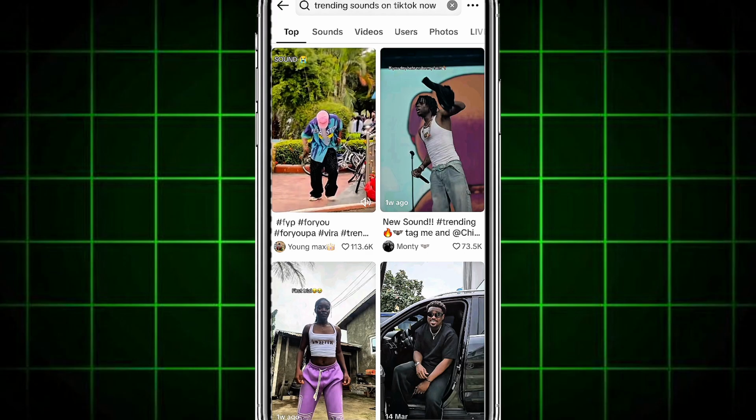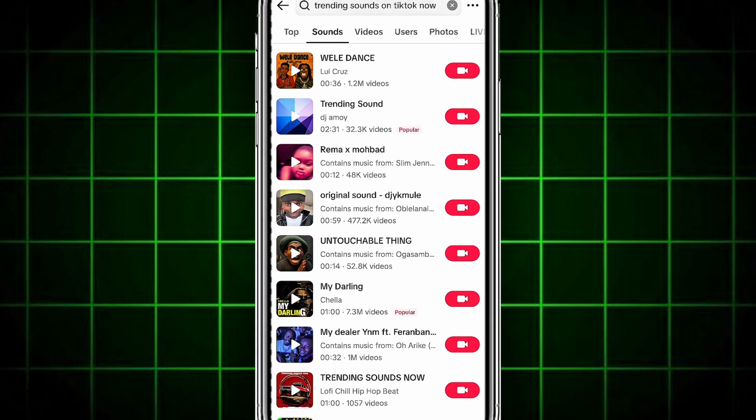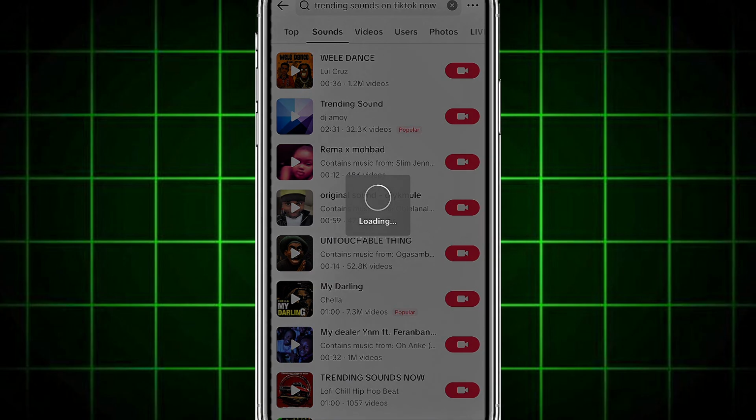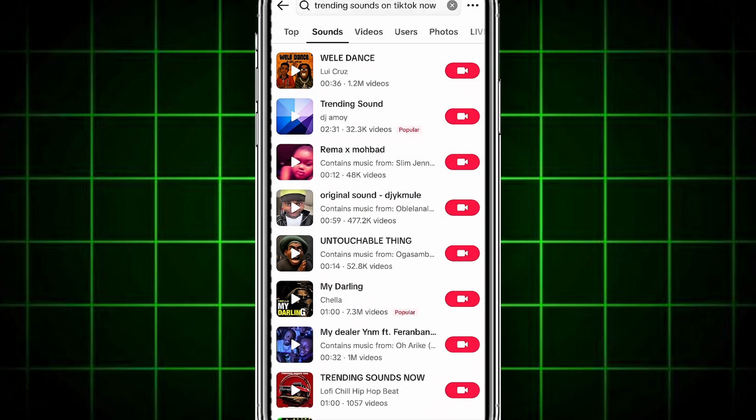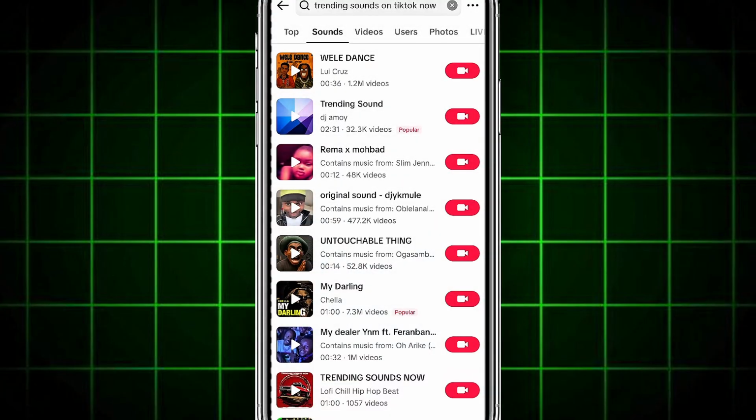on TikTok. So when you do that, looking right here, you can see sounds. So right here, you can see sounds you can use. You can click on any of the sounds and you'll be able to upload a video using that sound. So this is how you can use a trending sound. So you need to upload a video that is very simple, a safe video that has no issue with TikTok community guidance, and that video should have no text, no hashtag, just a short clip with a trending sound,